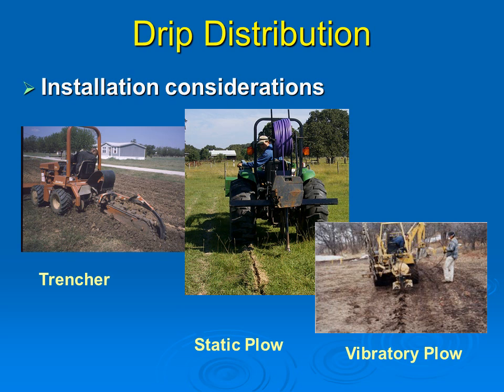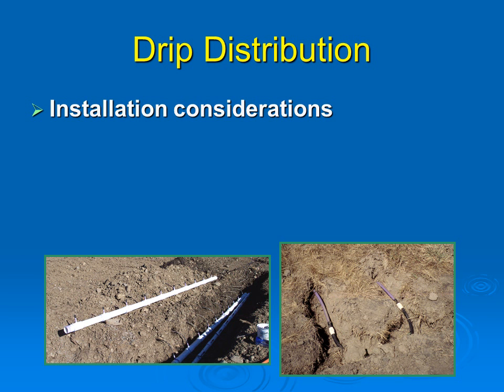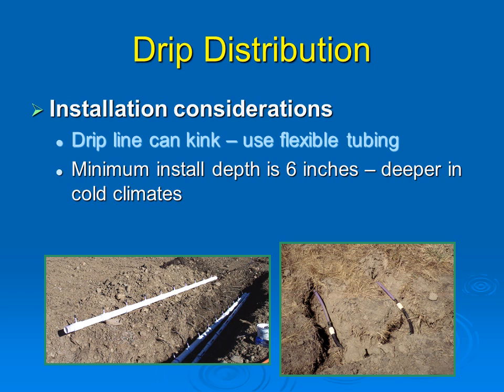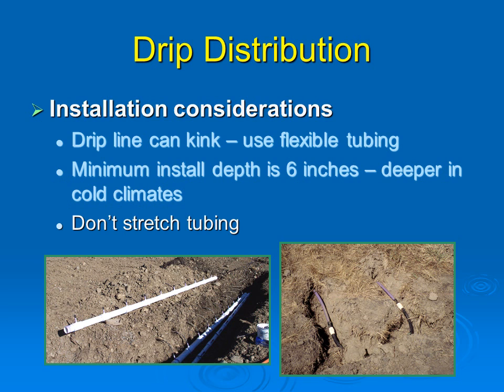A variety of installation tools are available to install the drip line. As you can see, they are very specialized, and rarely are they in the installation professional's stock of equipment. When installing drip tubing, remember that drip line can kink. Be sure to use flexible tubing. The recommended minimum install depth is 6 inches, and you'll want it a little deeper in cold climates. And don't stretch the tubing. That weakens the walls of the tubing and then tears can